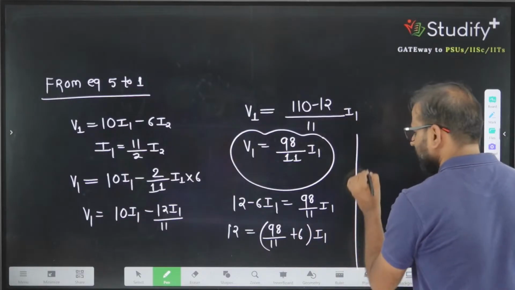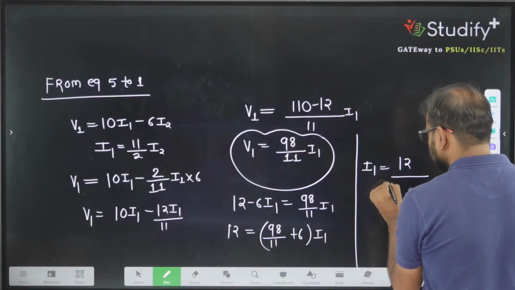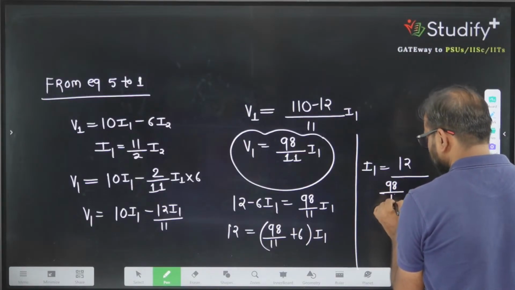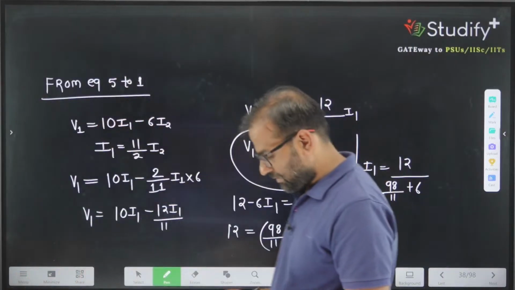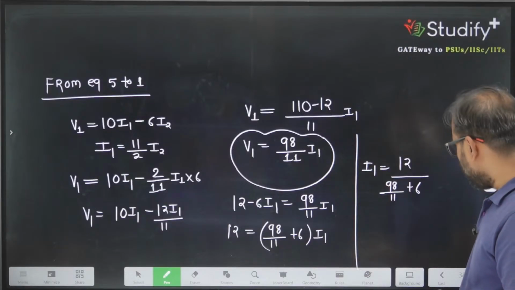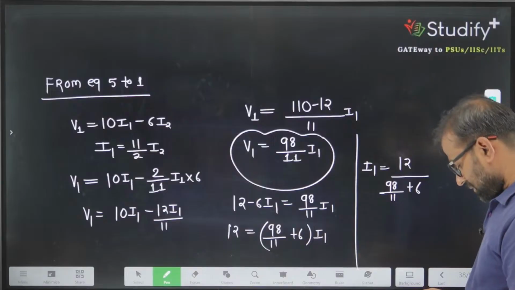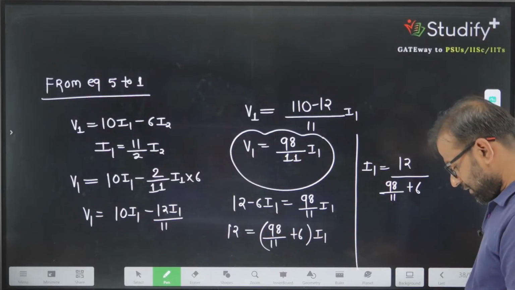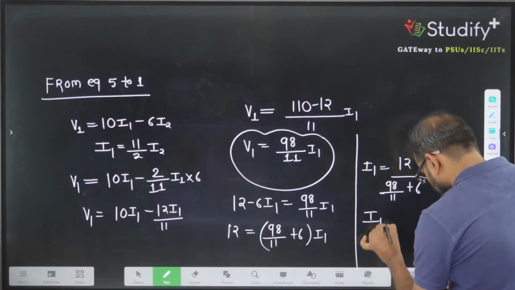So you can say the value of I1 for the circuit is 12 divided by 98 by 11 plus 6, and this value comes out to be